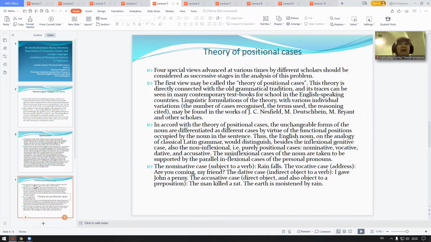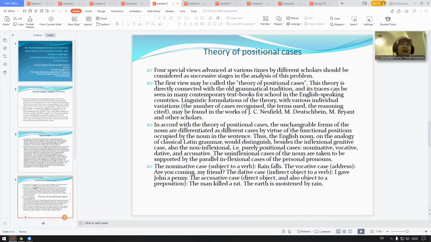This theory is directly connected with the old grammatical tradition, and its traces can be seen in many contemporary textbooks for school in the English-speaking countries. Linguistic formulations of the theory, with various individual variations, the number of cases recognized, the terms used, the reasoning cited, may be found in the works of Nesfield, Deutschbein,